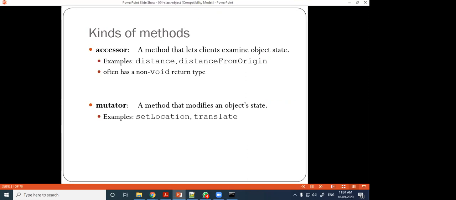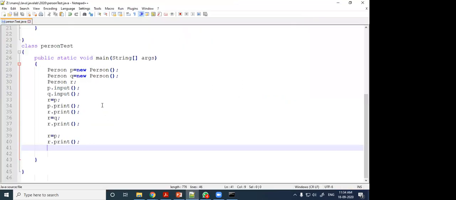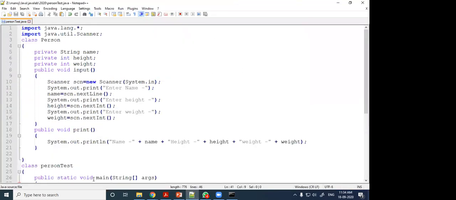In this program, we have written two methods, input method and print method. In the input method, we have written code to input the data, and in the print method, the code for printing the data only. In input, something is printed for user interaction, then we are inputting the data.